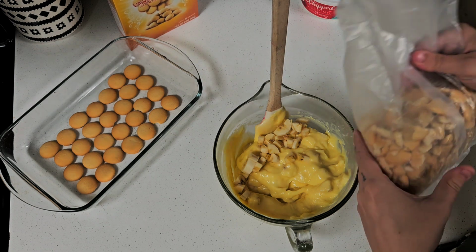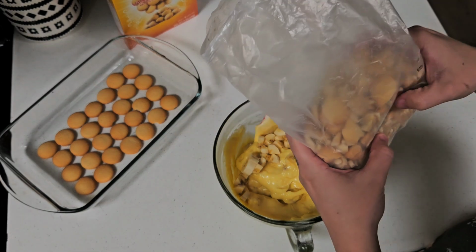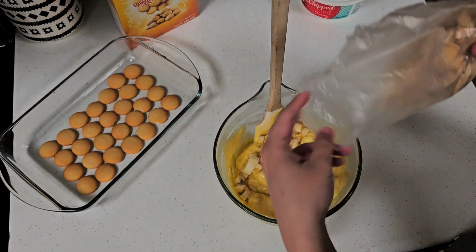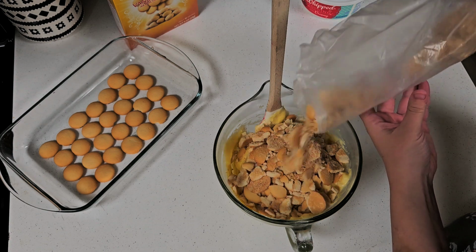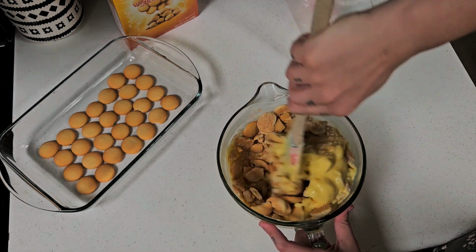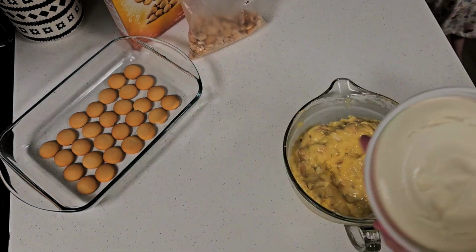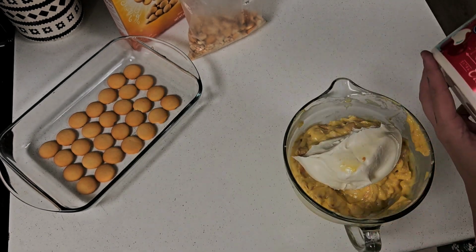And then I crush them up quite a bit. There's some chunks and there's some really fine pieces, but I'm going to throw a lot of that in there, and then I'm going to save the rest for the top. We'll mix that together. I take the whole tub and put it in there. I put it in like half at a time though,